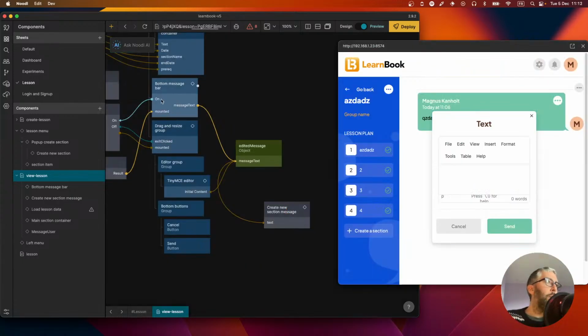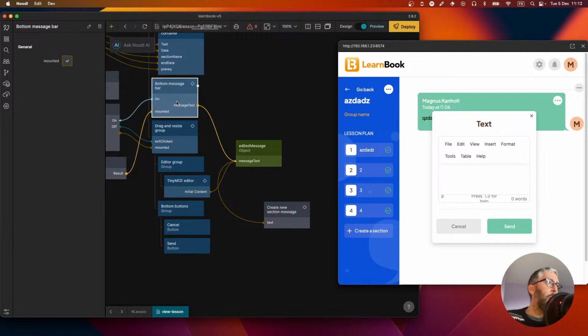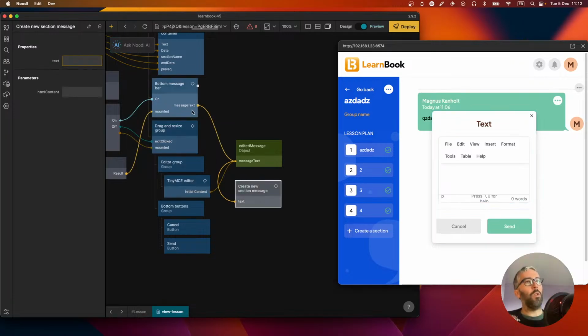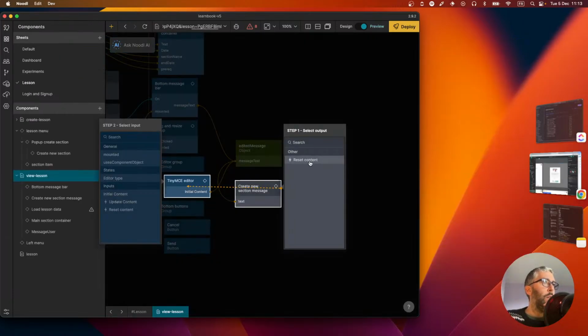And then maybe when we're clicking on the message send in the bottom bar, we could use that same object in the same create section message part, but maybe not for now. I'm worried that there's going to be some sort of overlap between what's in the TinyMCE and what's in the bottom bar, and you're going to send one message and then that'll get stuck for the next message or something like that. So when that's done, we have to reset the TinyMCE content